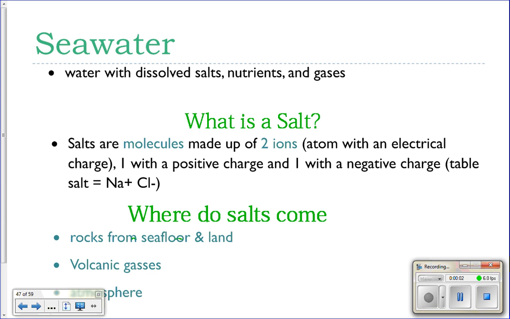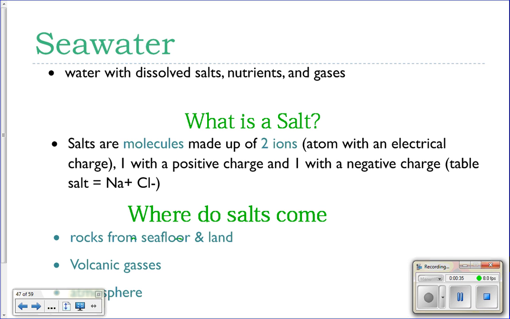Okay, so in the last lesson we looked at the structure of the water molecule and how the water molecule forms hydrogen bonds and how those hydrogen bonds affect all of the properties of water. When we talked about water, we were talking about just water molecules themselves, which, if you just had pure water molecules, would be fresh water. But animals that live in the ocean live in seawater. And seawater is water that has gases and salts and other nutrients that are dissolved in the water as well,